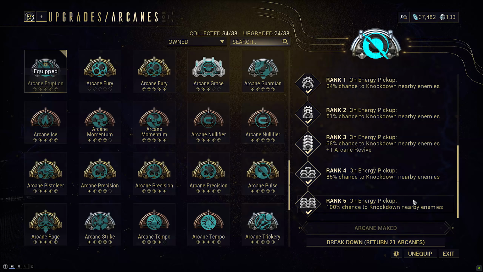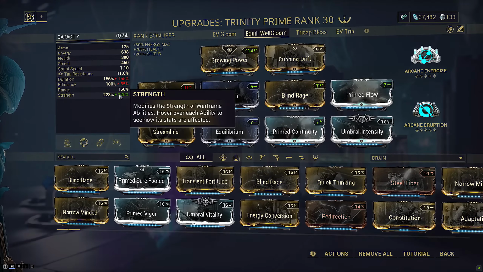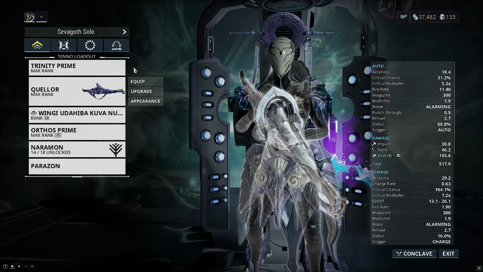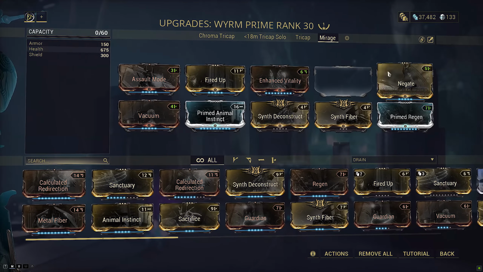orb up. Now, I actually wanted to showcase this originally on the Gara build with Spectro Siphon, but I completely forgot this arcane existed. On the other hand, Gara does have multiple forms of CC already from the Spectro Rage ability itself, as well as her blinding passive, whereas Trinity doesn't really have anything, so this does patch up her kit really well. Once again, as I said, you can run a Worm on this build, however there's a small